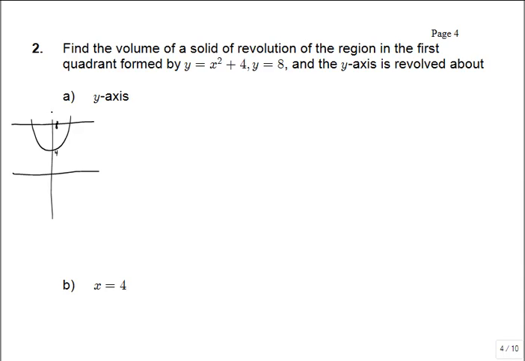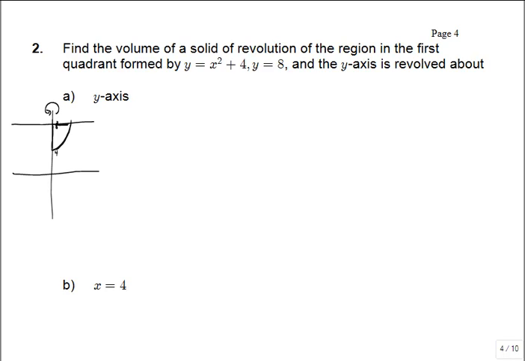And the y-axis. And we want this just in the first quadrant. So we're just talking about this piece of the parabola, the y-axis here, and that horizontal line, so that sort of triangular region. So I'm going to get rid of that left side for now. So that's our bounded region that we're talking about, and we want to rotate this or revolve it around that